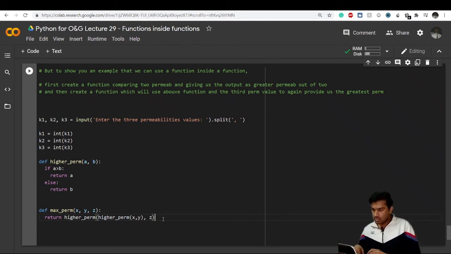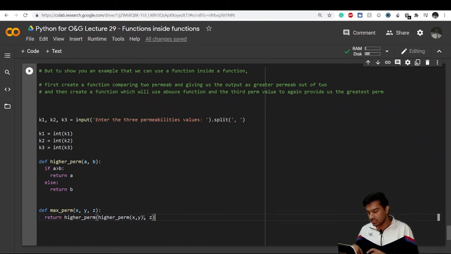Now let us understand it very carefully. What it means is that this higher permeability is comparing two permeabilities, any two permeabilities A and B. What this maximum permeability is doing, it is using the same function of higher permeability, and it is giving me the comparison of the maximum out of these two, that is x, y and then z.